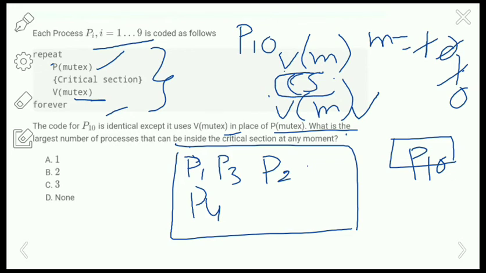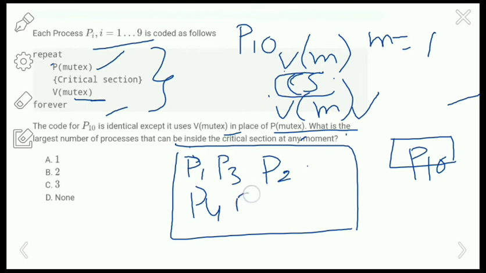Okay, so here P10 is blocked, that's why we are going to execute the next code, that is V of m. So V of m means 0 will become again 1. So now the m value is 1, right? The next process that will be executed is P5.